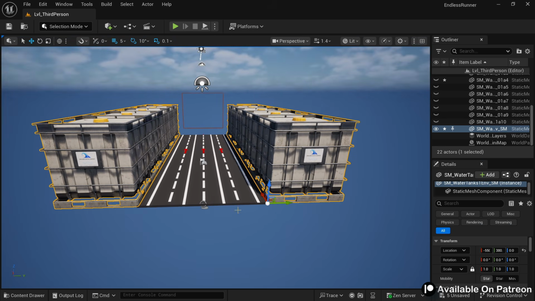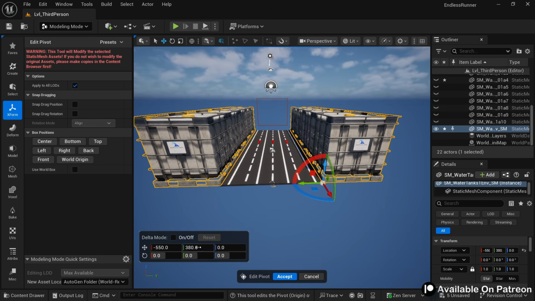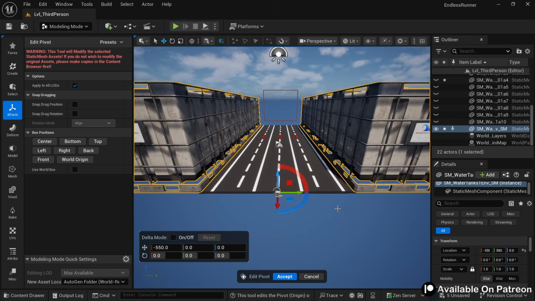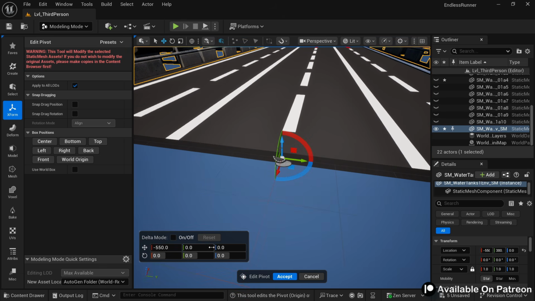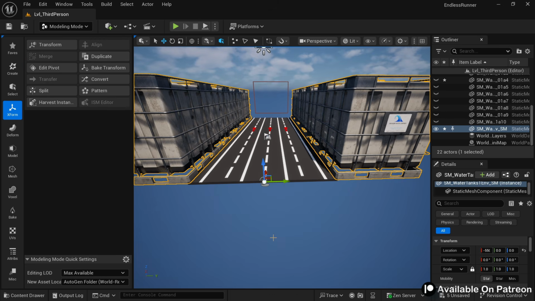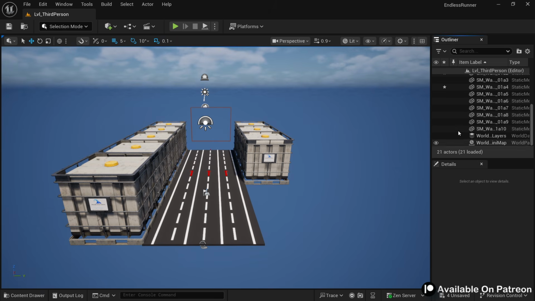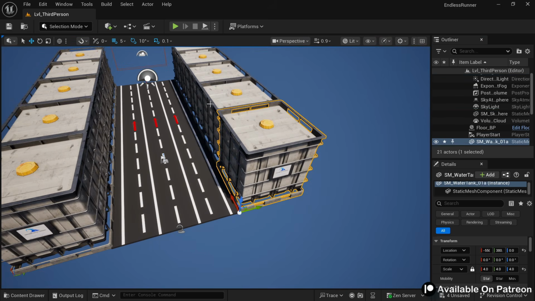And now we need to edit its pivot at the center so that we can spawn this environment precisely at the runtime. So let's do that, and when you're done, make sure the pivot is at the starting of the road and at the center. And once you are done that, accept it, and now the pivot has been changed permanently. So let's delete this asset and unhide all those assets which we hid before,